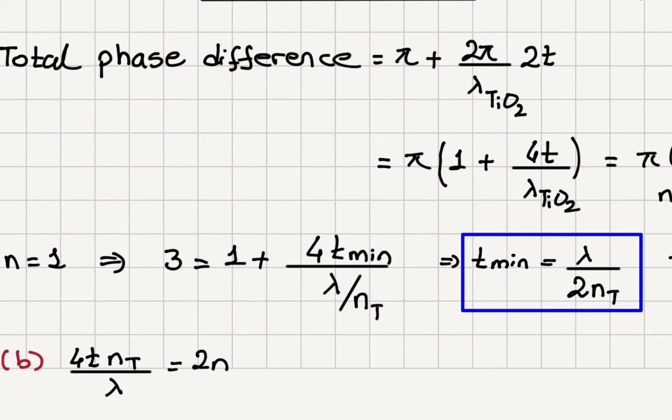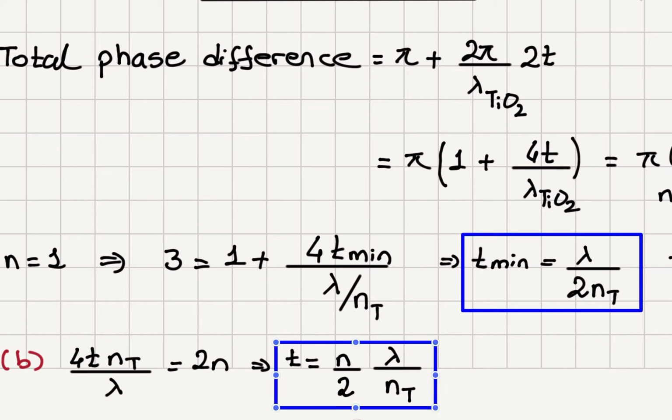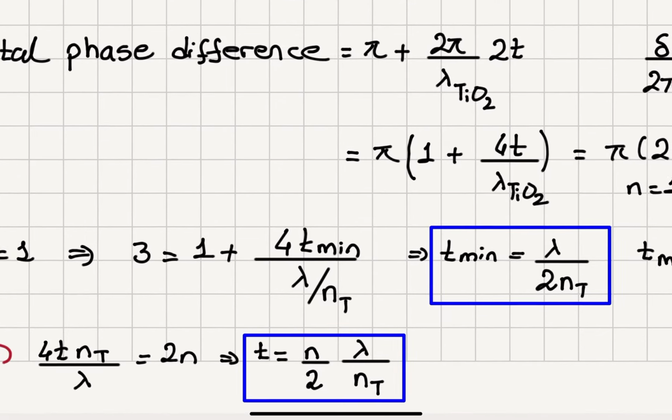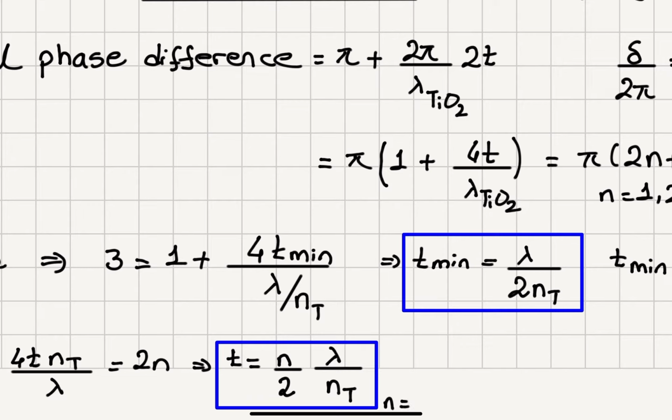And this will give us the thicknesses that will result in destructive interference. t is equal to n divided by 2, n is the integer, times lambda divided by the index of refraction of the titanium. So these are the thicknesses. Now, if I substitute n equal to 1, 2, 3, etc., I can find these allowed thicknesses to be